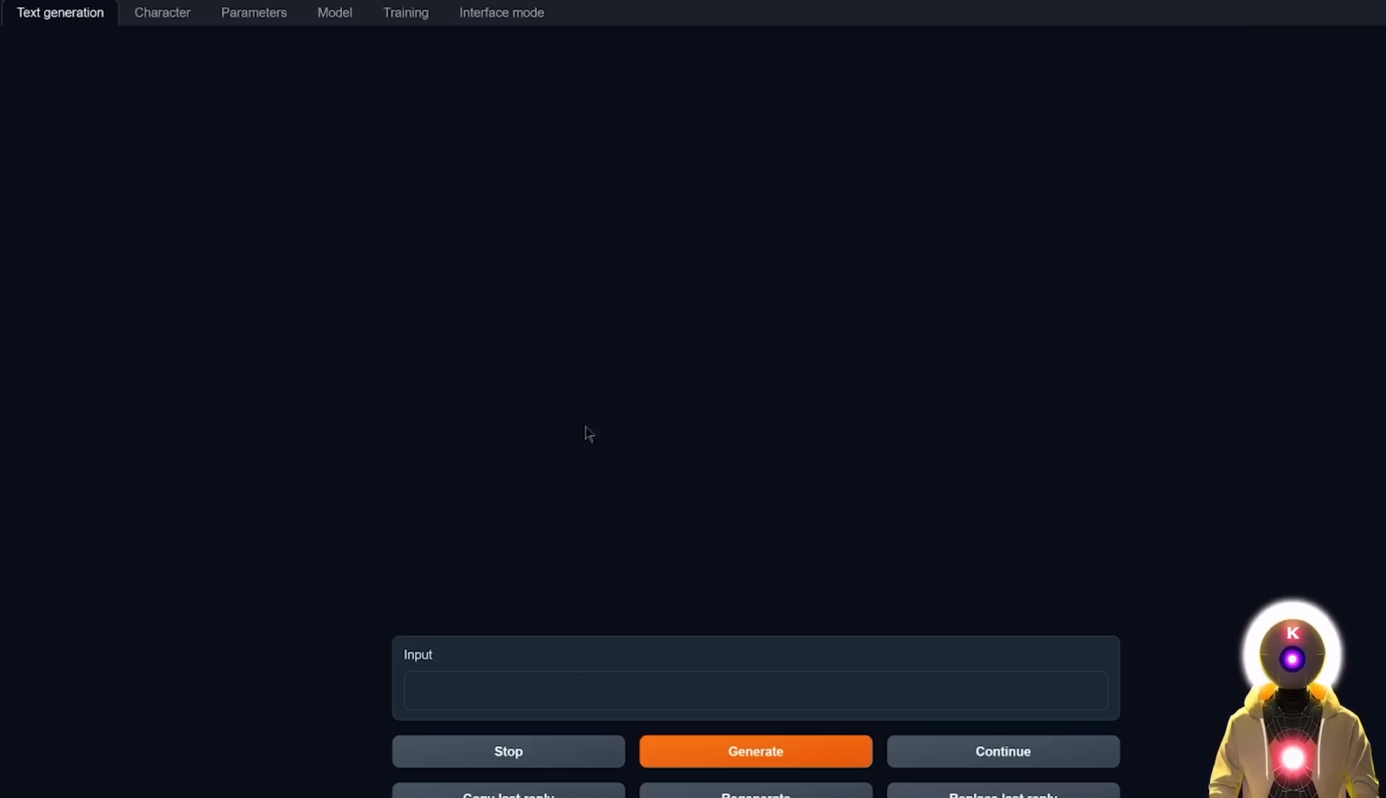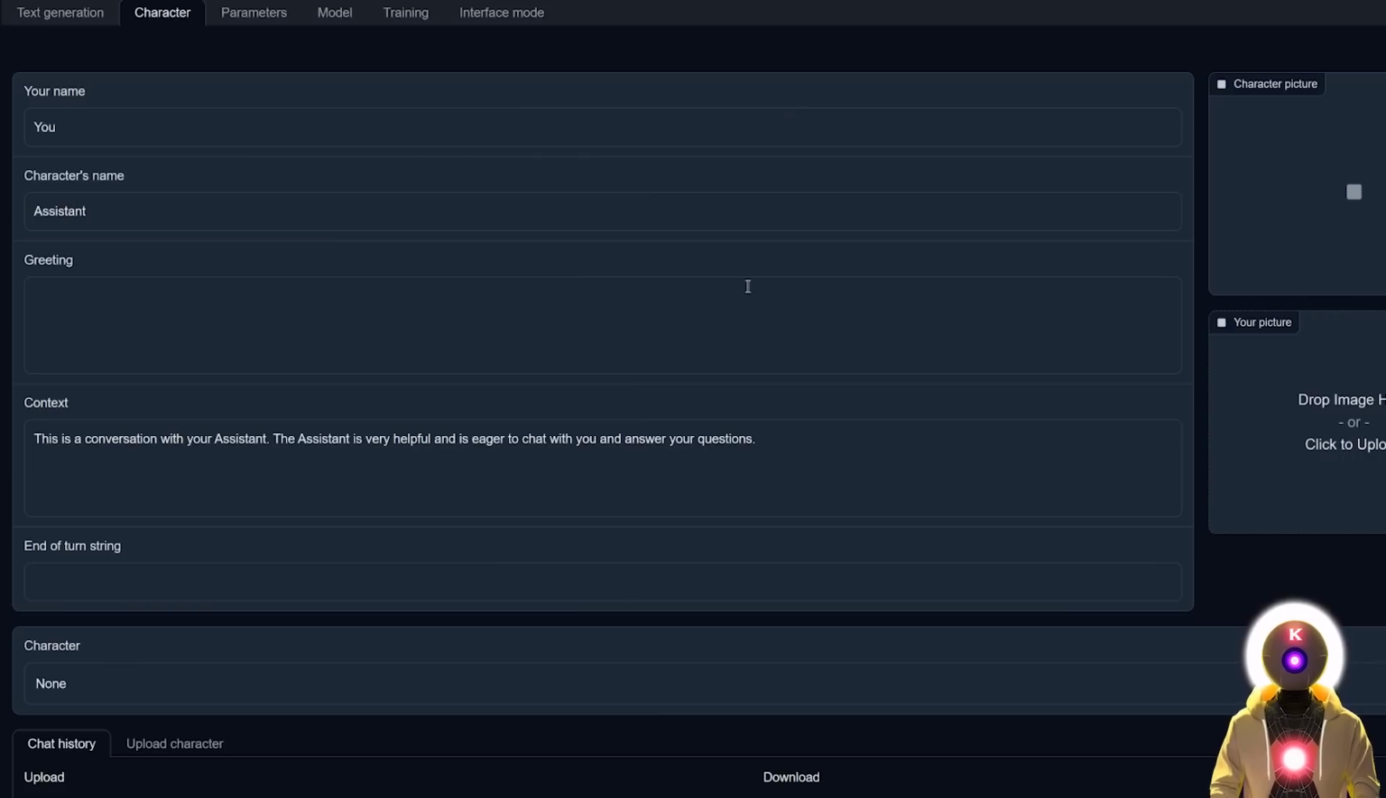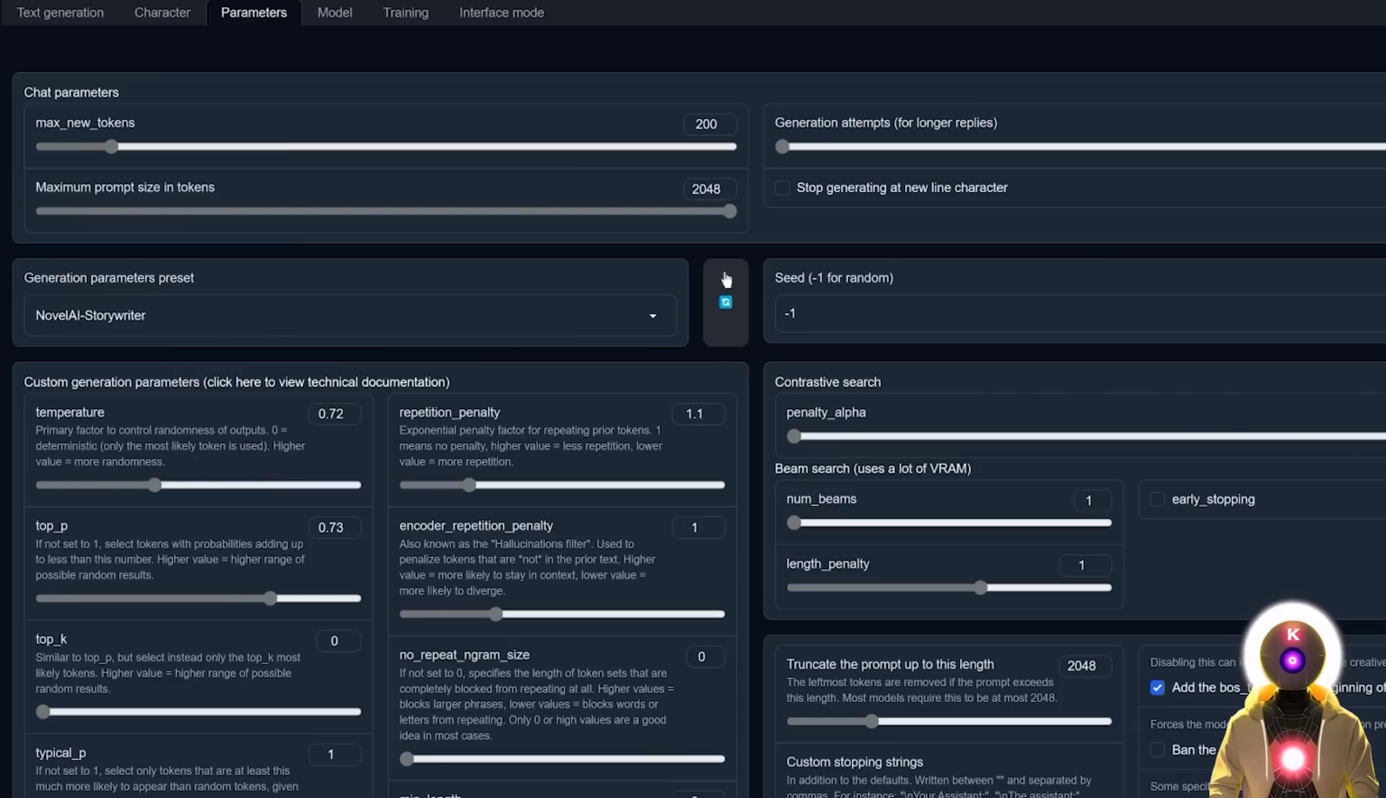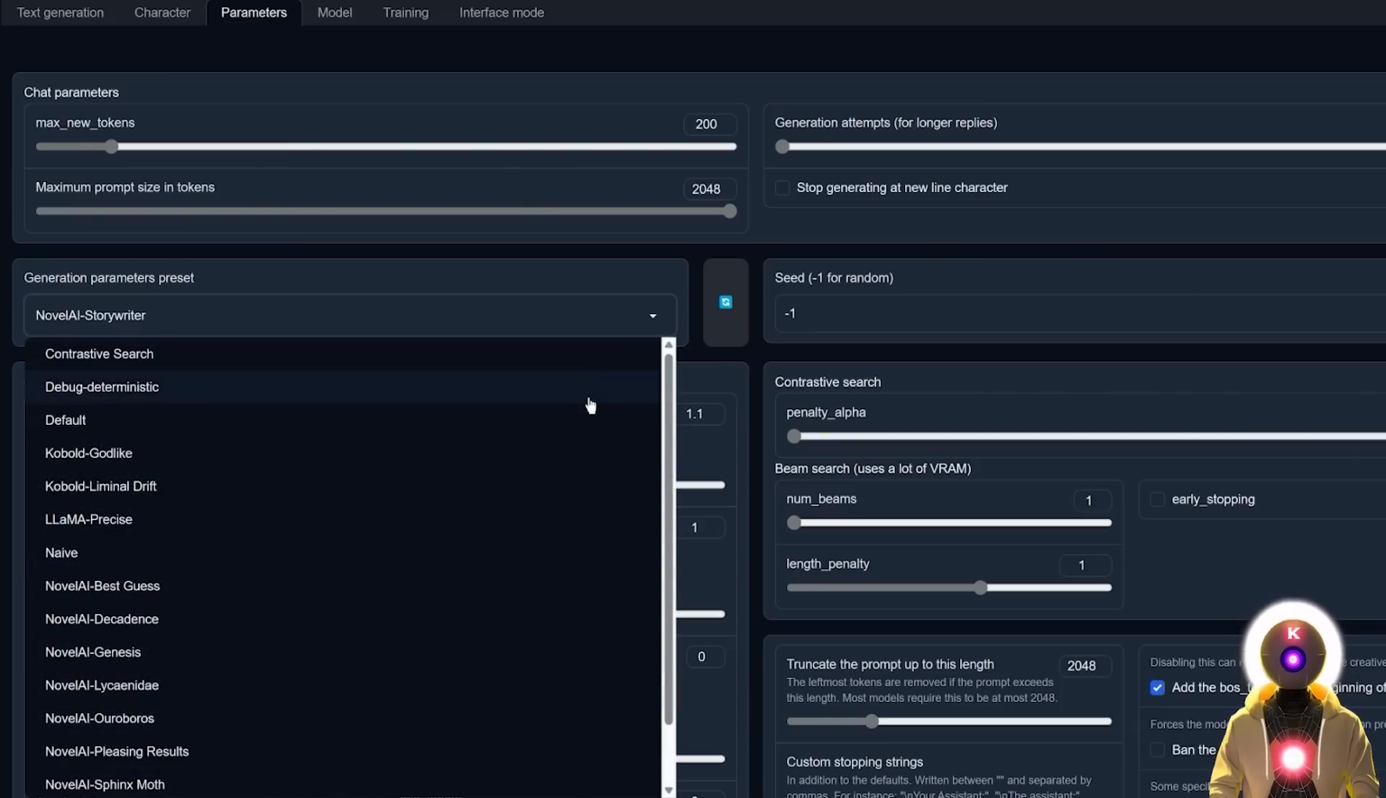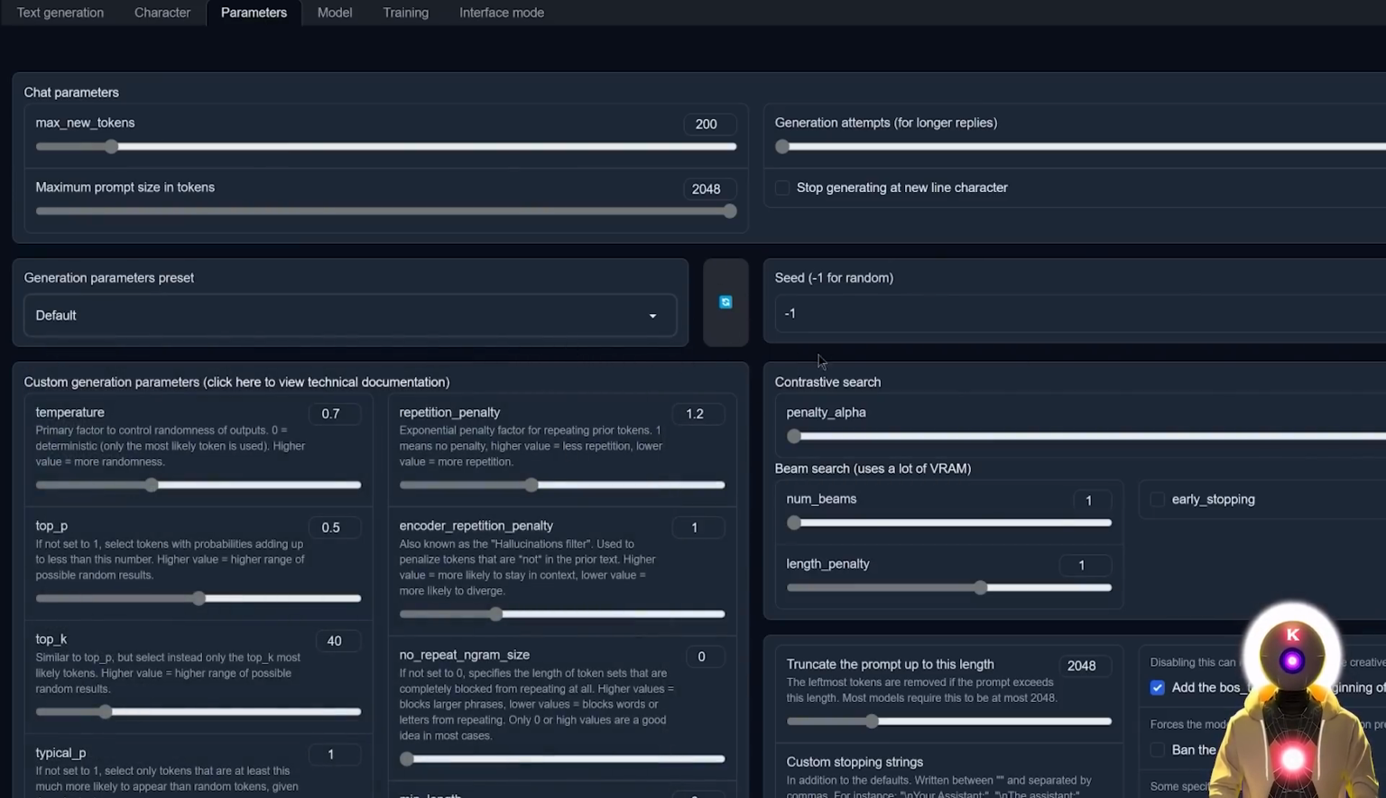Now again, you will see here a bunch of options. You have the text generation tab, where you can have a conversation with your bot. You have the character tab, where you can create or upload already made characters with different names and personalities. You have the parameters tab, where you have a bunch of presets that you can use to change the generation parameters. And you have an explanation for each parameter and what they do